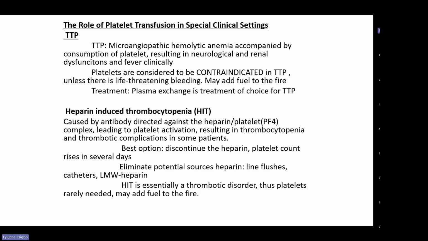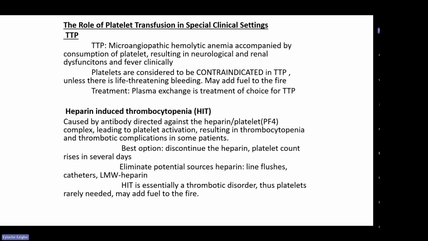The role of platelet transfusion in special clinical settings. In special situations, there are some roles that platelets are very important. In TTP, this is a microangiopathic hemolytic anemia accompanied by consumption of platelets resulting in neurological and renal dysfunction and fever clinically. So in this situation, there is consumption of platelets, and that is what is reducing the patient's platelet count. So we need to give platelets, but sometimes platelets are